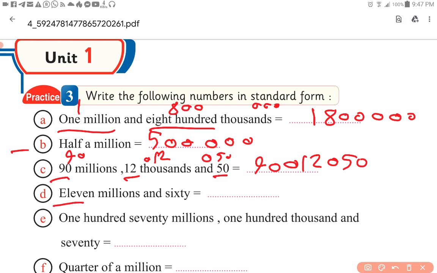The next one 11 million. Then 60. Where is the 1,000 period? No period of 1,000 here, so you need to put 3 zeros. Then 60 units period or ones period, you need to put 0 at left. Then start to write the number. It's okay. The next one